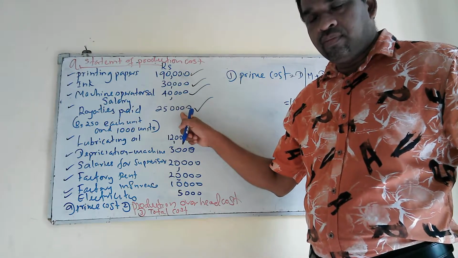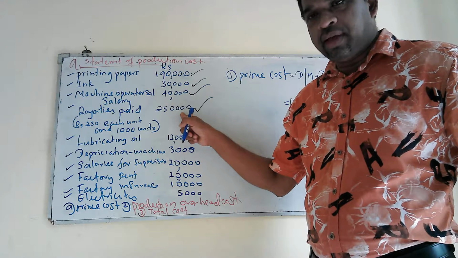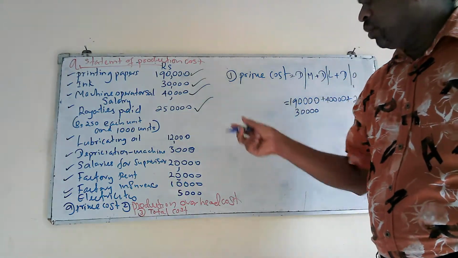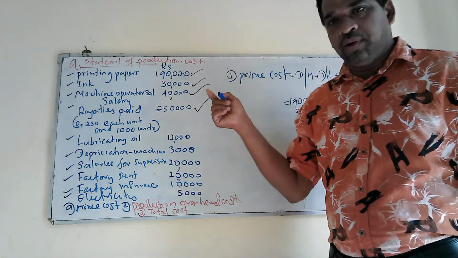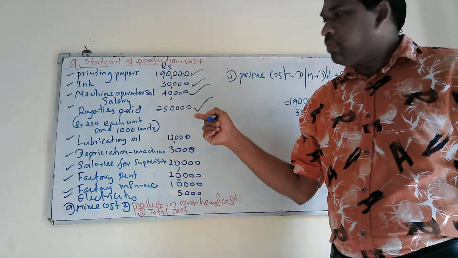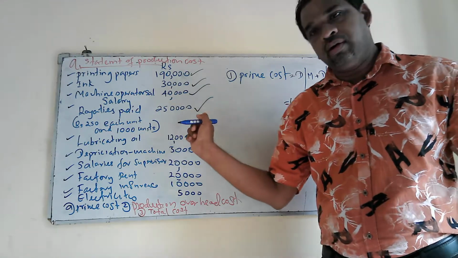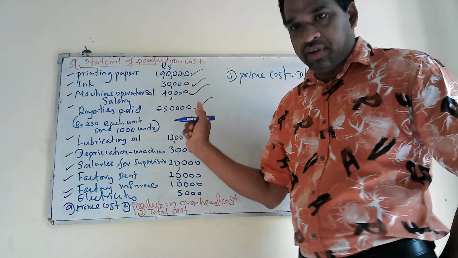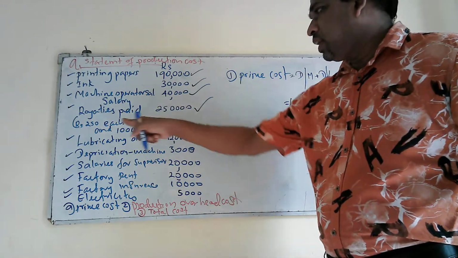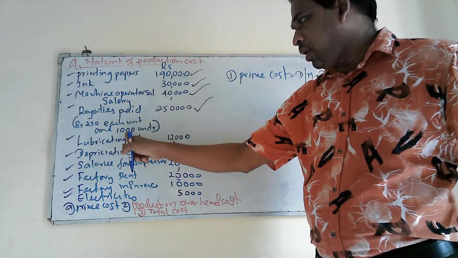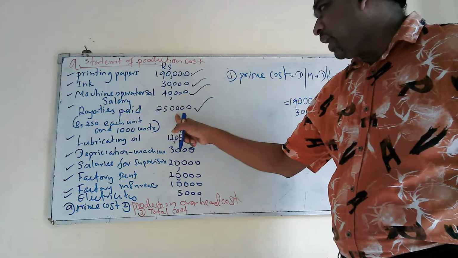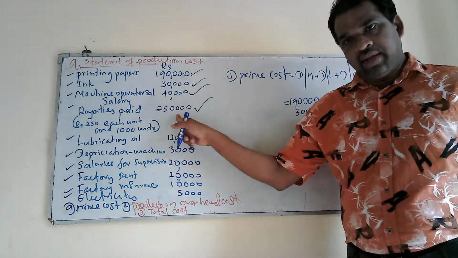That's a big portion, because sometimes the author doesn't have resources to produce books. Therefore, he may have given the job to a printing press or institution. That's why they have got like that. Anyway, here per unit 250, they have produced 1,000 units or 1,000 books. The total amount paid is 250,000. It comes under direct other expenses.